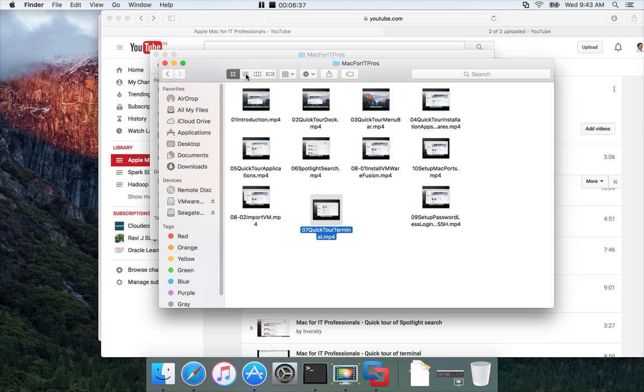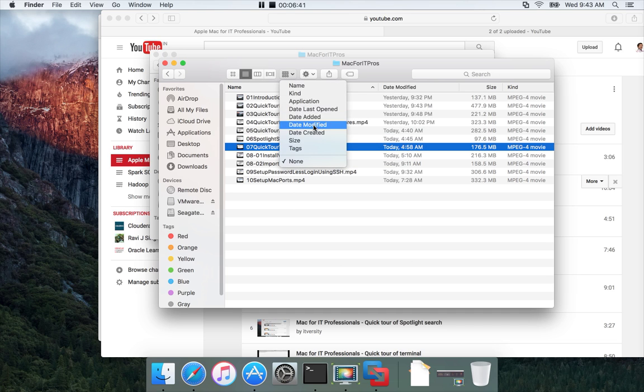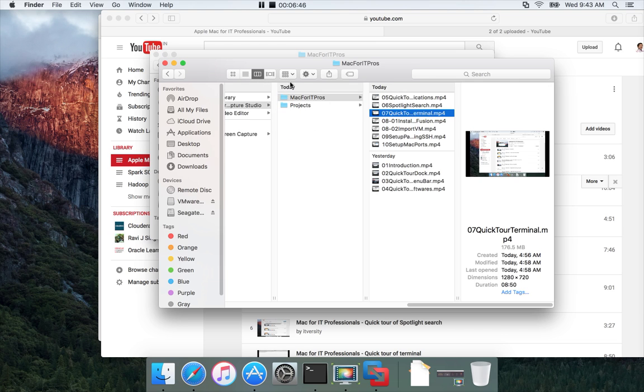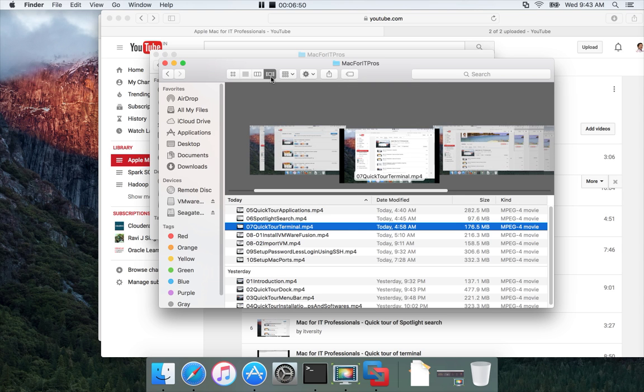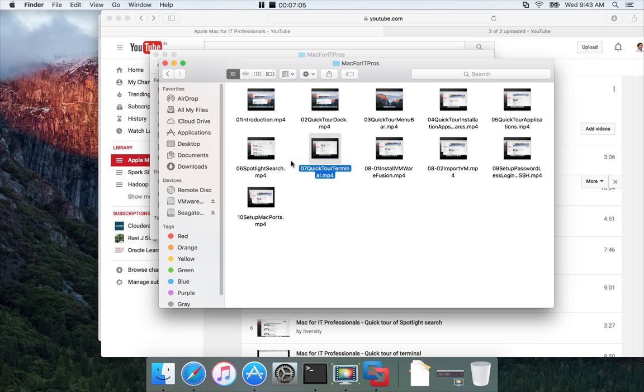Okay. Similarly, you can use the list layout, and then you can apply the categorization on top of the list layout. Similarly, you can do it with the tree layout also. Similar is the case with the fourth layout as well. So you can apply the categorizations on different types like name, kind, application, last opened, added, modified, etc., depending upon your preference. If you don't want to categorize, you just click on none. Okay, now